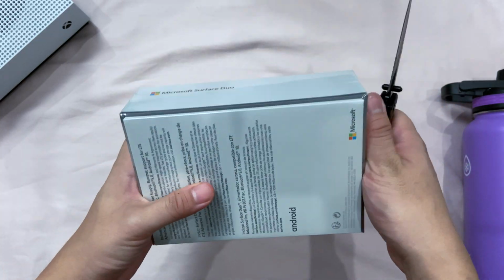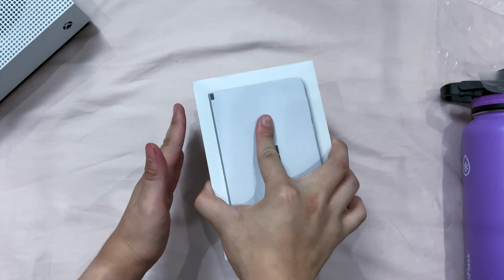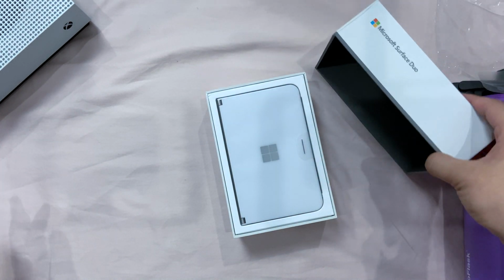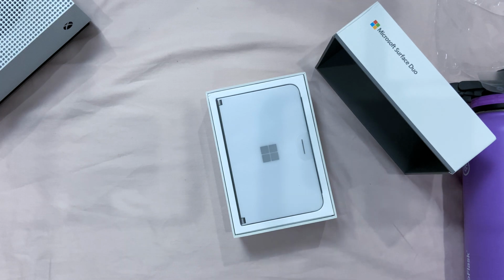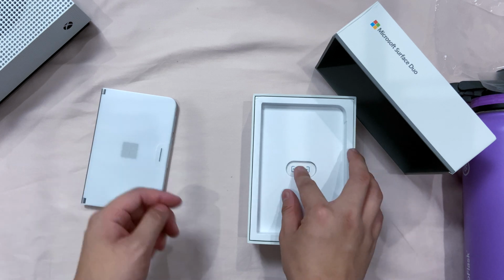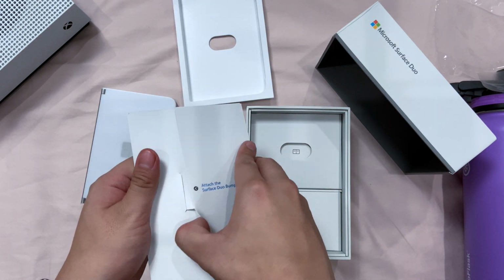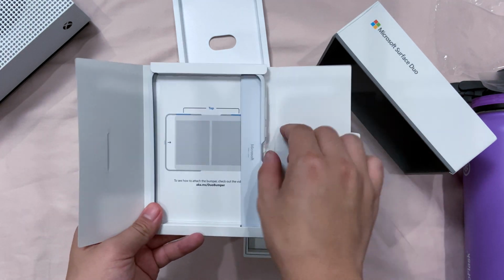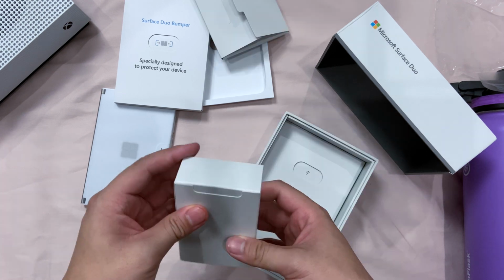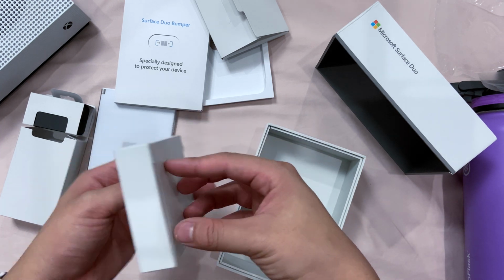The box itself is a nice, well-documented package that has a good amount of give before it finally lets itself go. Up front, we have the device facing us with the Microsoft logo prominently placed center with a nice silver finish. Underneath this we have our Microsoft supplied Duo bumpers to protect the device. Standard affair: SIM card remover and documents, USB-C charging block, I think it's 18 watt, and the corresponding USB-C cable